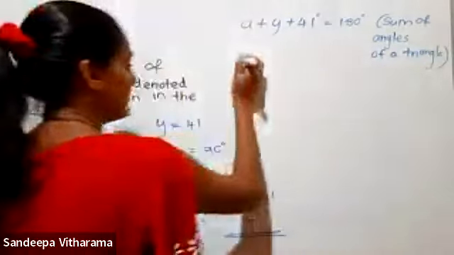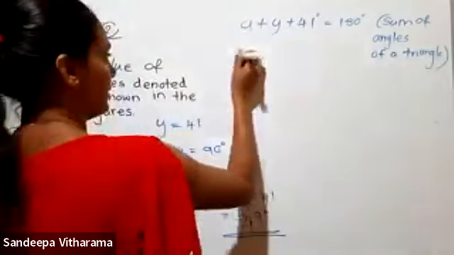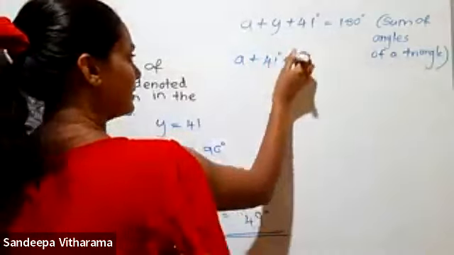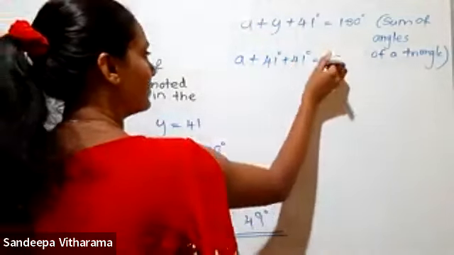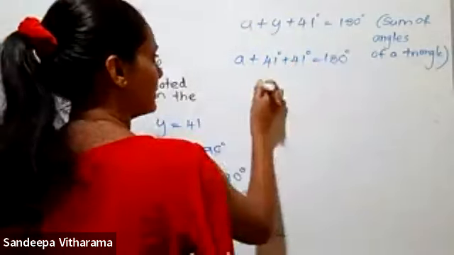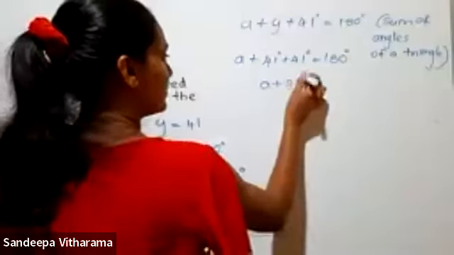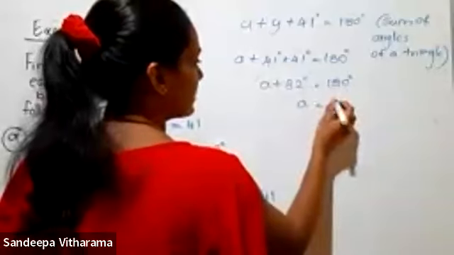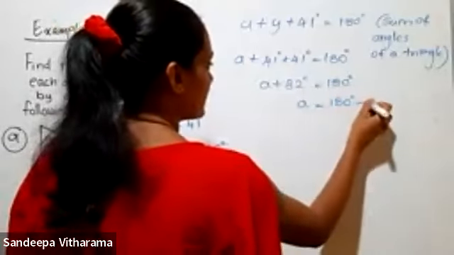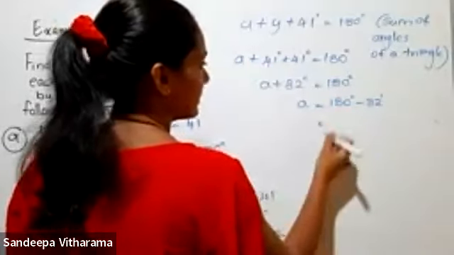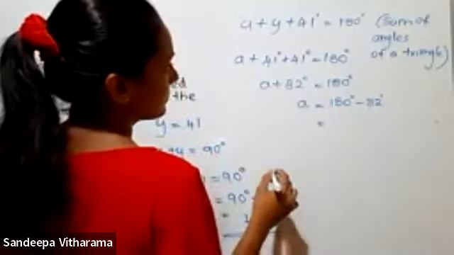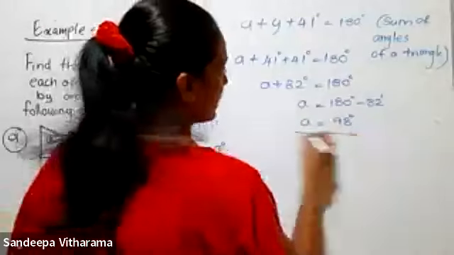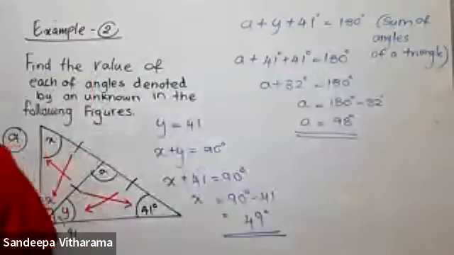Okay. Then a plus 41 plus 41 equals 180. A plus 82 equals 180. A equals 180 subtract 82. Then the answer is 98. A equals 98. Okay,